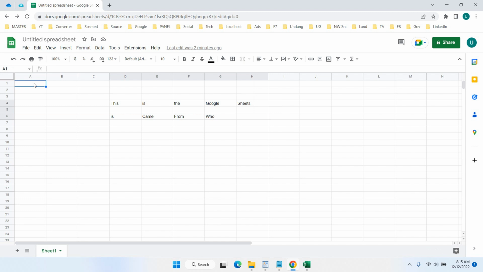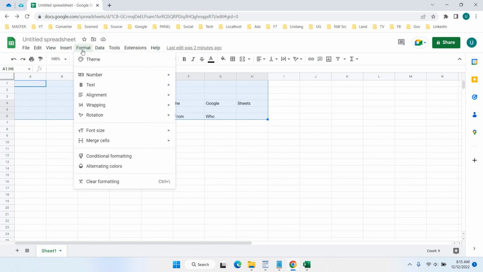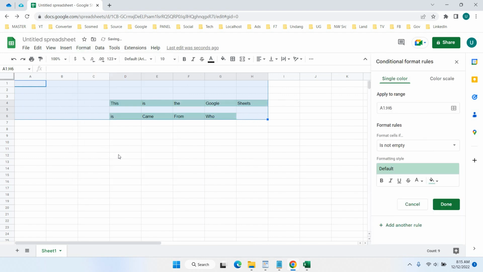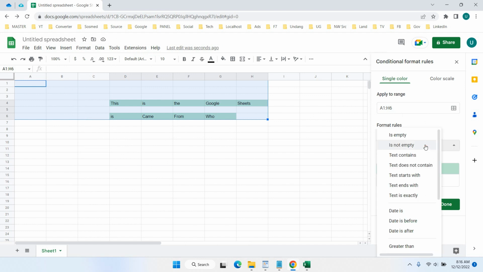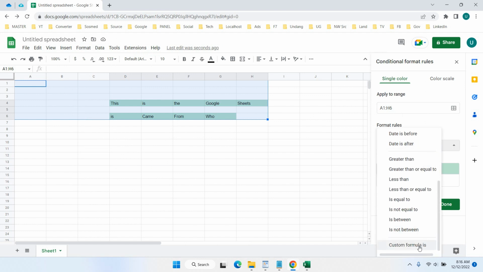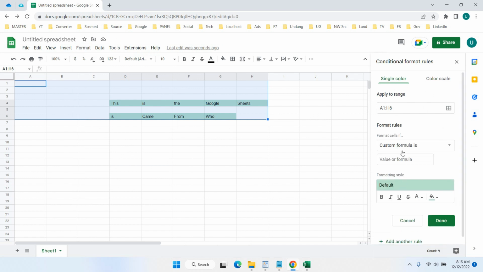How to highlight duplicates? You can just block the data like this, and then click Format and select Conditional formatting. And in here you have this range, A1 until H6, and select the format rules as Custom formula. In your custom formula, you need to use this formula: